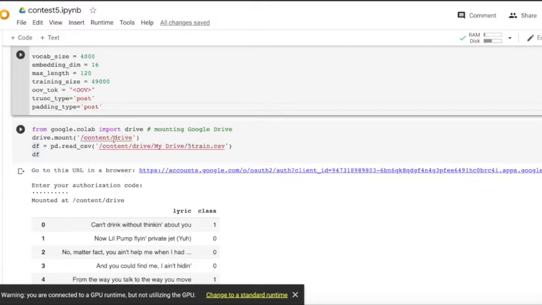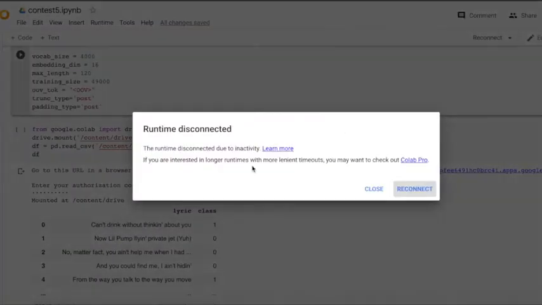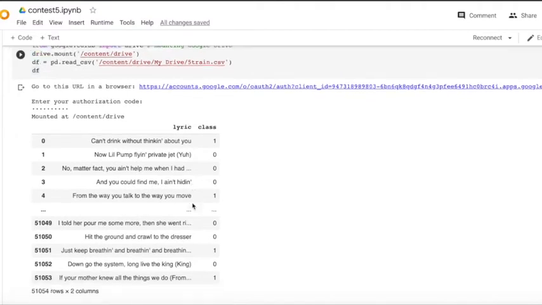This basically connects your Google Colab runtime to your Google Drive, right? So if you have any files stored, then you can just use them in your Google Colab. It'll ask you for this authentication code, and you just have to go to this link, and then it'll generate it for you. That's fine. So once we have that,